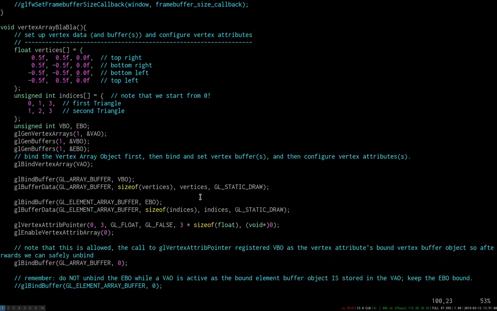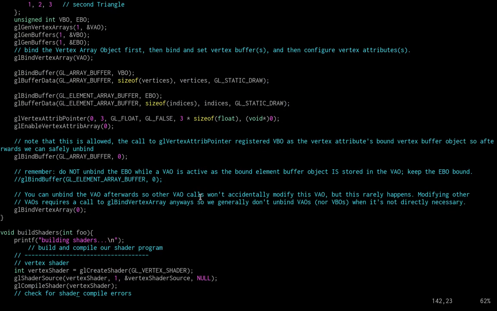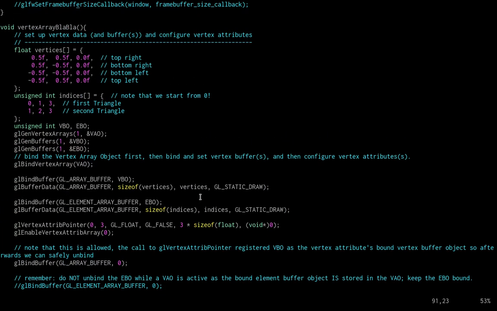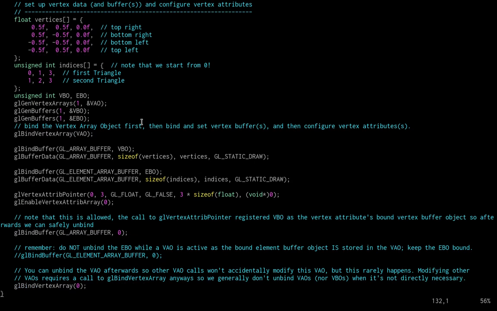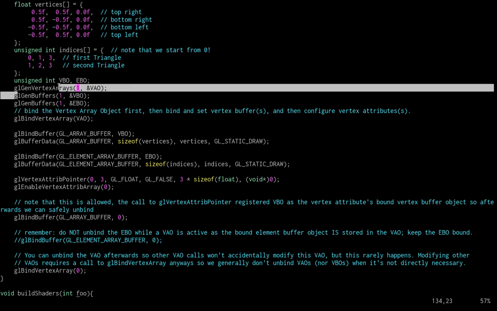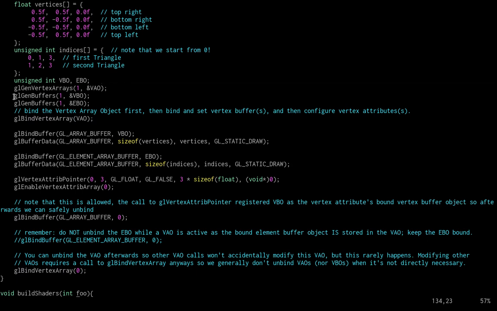So let's make this full screen. So yeah, for now, don't freak out if you don't understand everything very well here. But these buffers are just space in memory. So we make